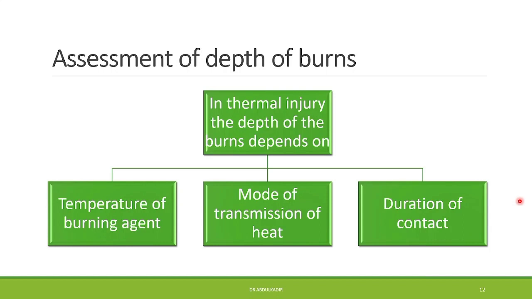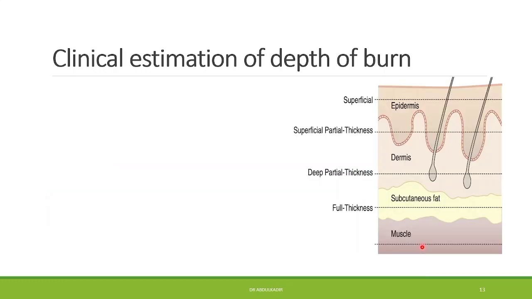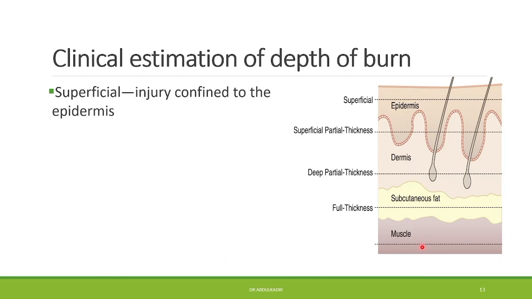The depth depends on three things. Number one is the temperature of the burning agent, number two is the mode of transmission of that heat, and the third one is the duration of the contact. So these three things will affect the depth of the burn. Then we can make a clinical estimation of the depth of the burn. So we classify into superficial